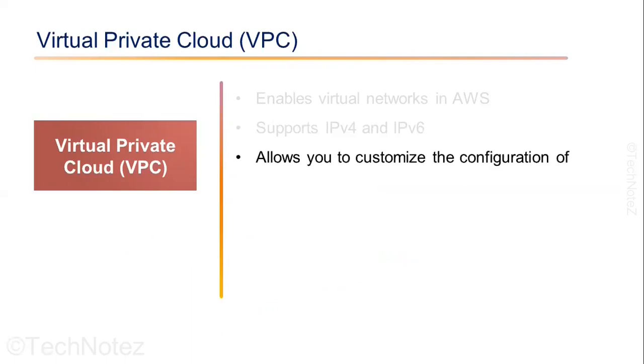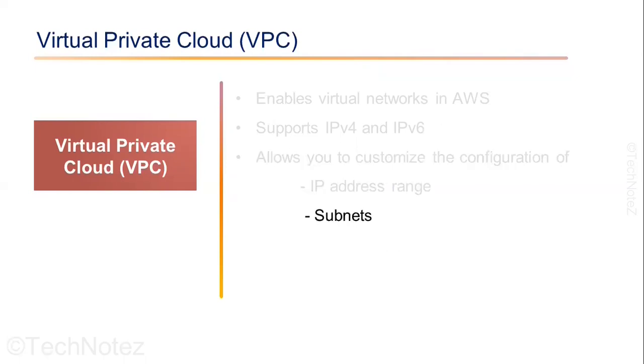With VPC, you can launch your own EC2 instances in a virtual network. You can assign your custom IP ranges to your network and configure the security and access control on your VPC. VPC allows you to customize your network settings such as IP address range, subnet, route table, and network gateways. VPC allows you to create a secure, isolated environment within the AWS cloud and still allows you to access the internet and other resources within the cloud environment.